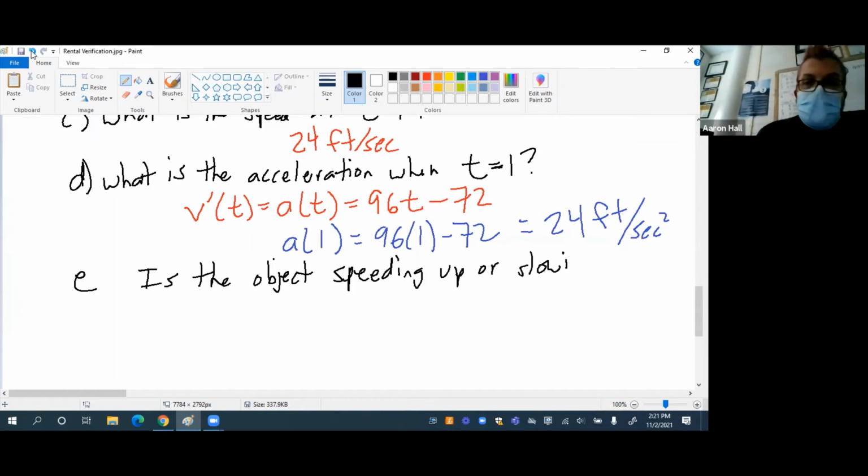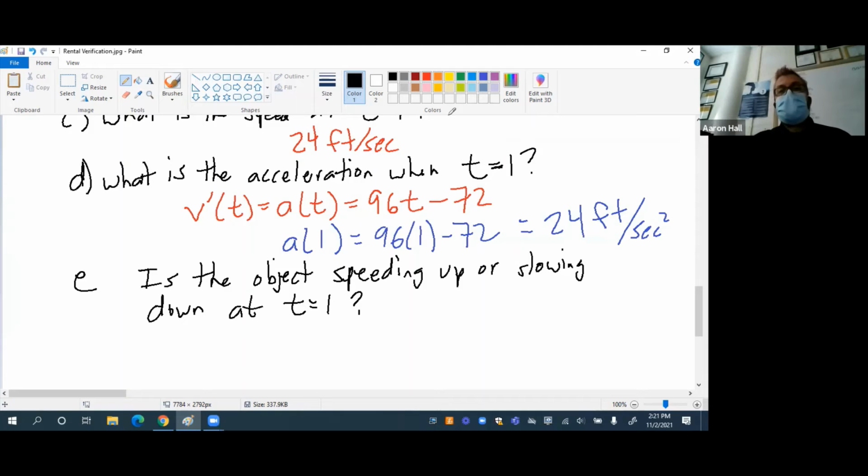Slowing down at t equals 1. How do you know? Because the